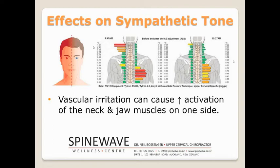So this is some technology that I use in practice to measure temperature from side to side to get a differential of the temperature as it relates to each side of the spine, and to see where potential disturbances might be along the length of the spine. Again, like an X-ray, any test in isolation doesn't mean anything, but you put all of them together and you start painting a picture. As you put all the pieces of the puzzle together, you start getting a clear image of what might be